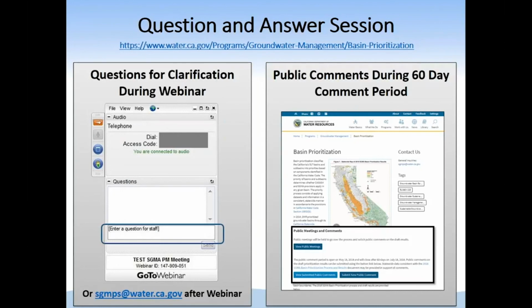So that being said, SGMA applies to all groundwater basins identified in Bulletin 118, but SGMA requires that all high and medium priority basins be managed under a GSP or alternative. So for those low and very low basins, SGMA encourages and authorizes the development of a GSP or alternative, but does not require it.